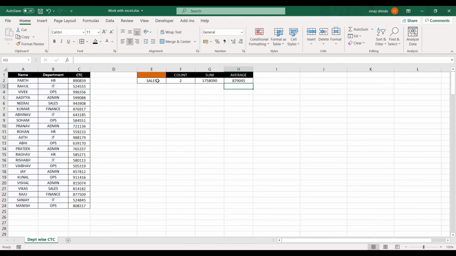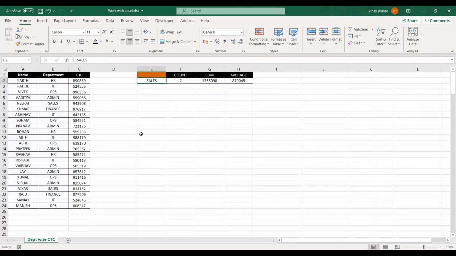So now here you can see we have not given any specific department name, rather we have given cell reference. So now whatever value I put in this cell, that is E2, formulas will automatically calculate it for that corresponding department. So let's say now it is for sales department.